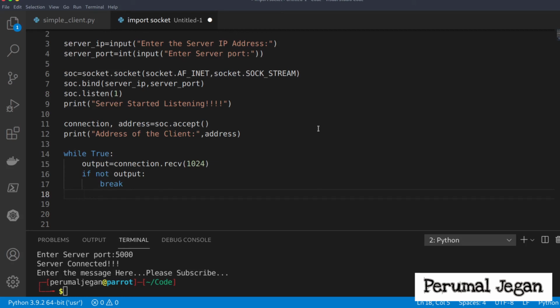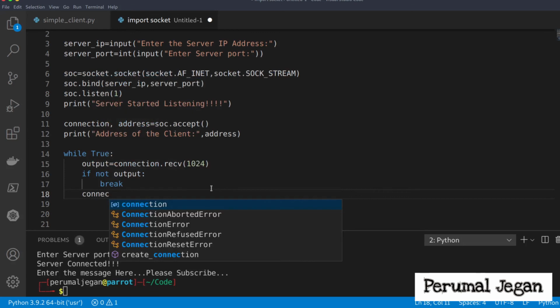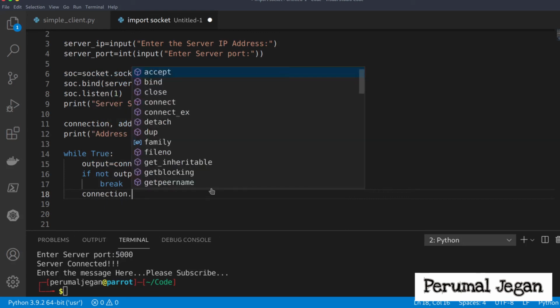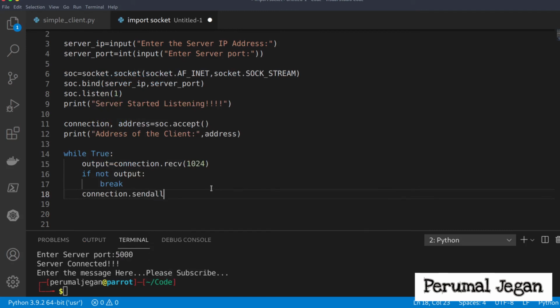We need to send the acknowledgement to the client. In order to do that, using the connection variable dot sendall, I'm sending information to the connection before closing it.